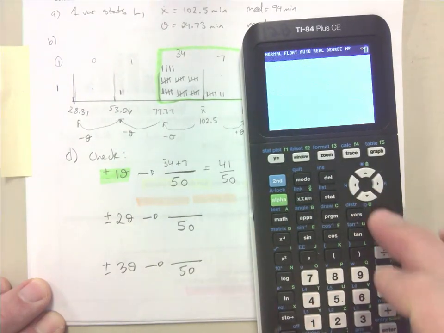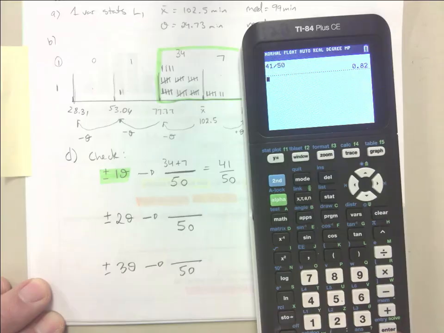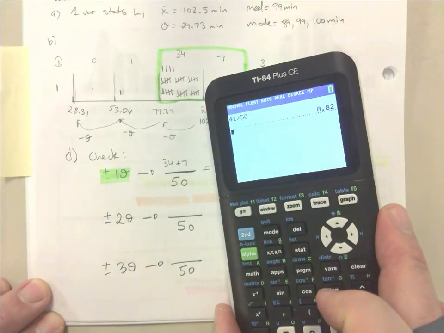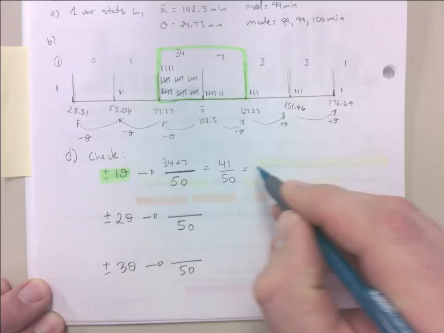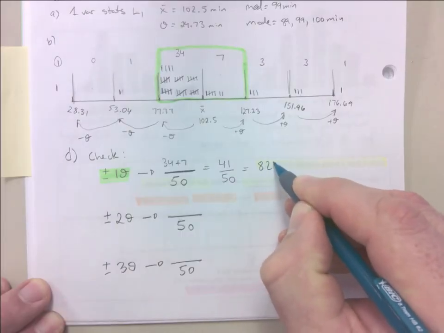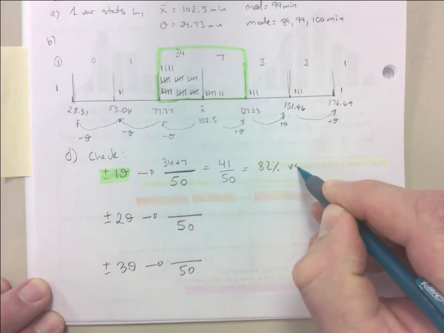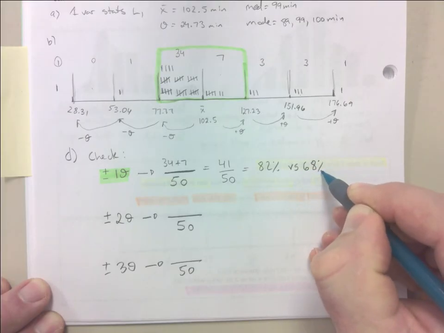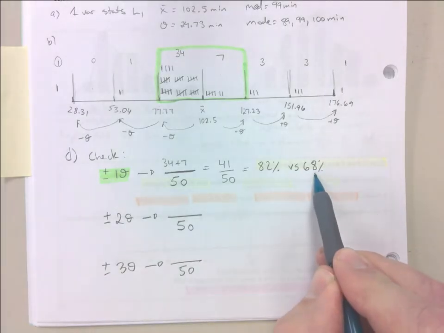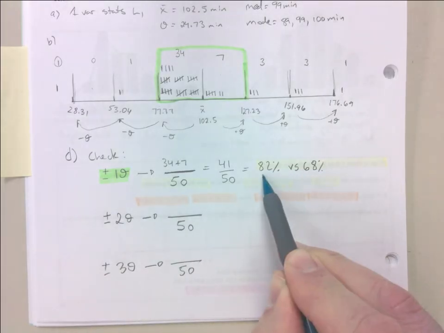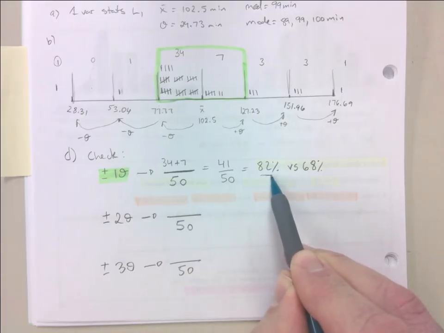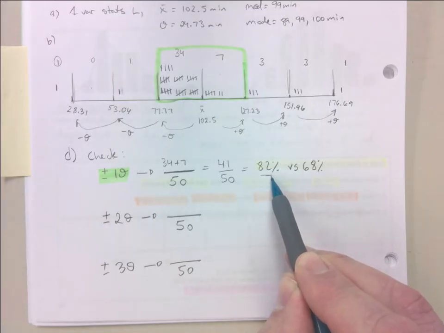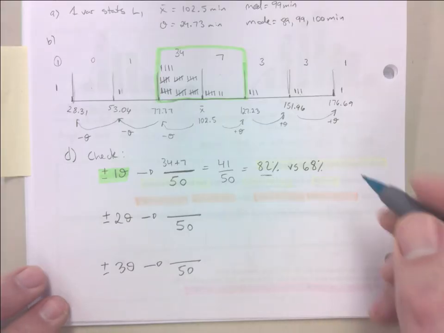You go, all right, you got 41 divided by 50, that times 100, that's 82%. Versus, what is it supposed to be? Right, we're checking it against 68%. And this is way off. This is over by more than 5%. Like if you're off by more than 5%, it's a no-go, okay? So this